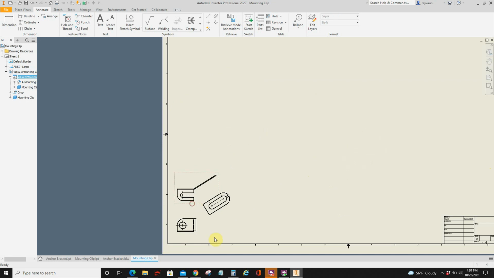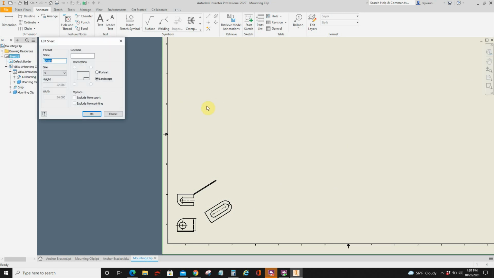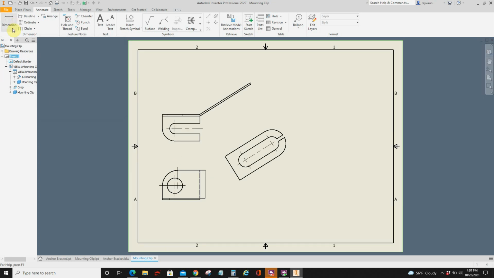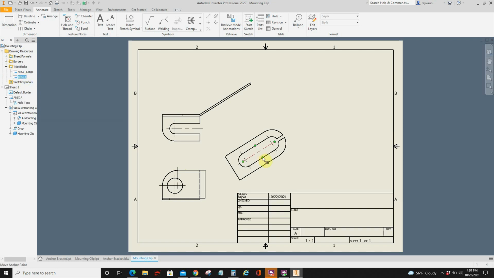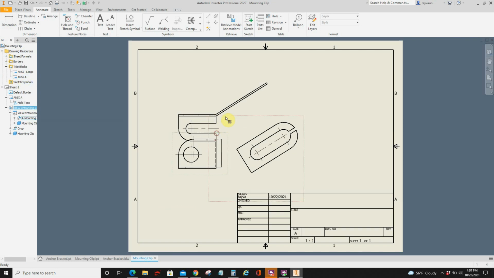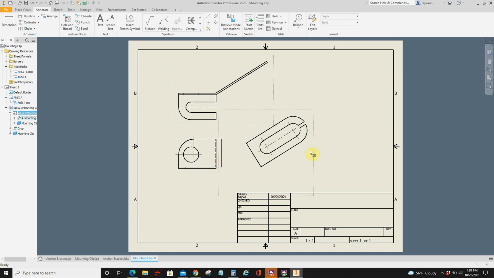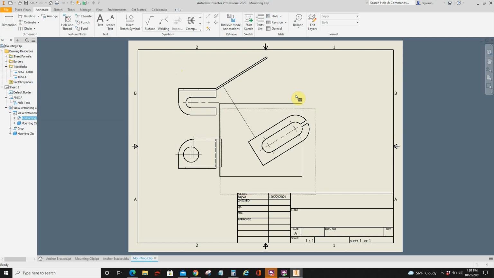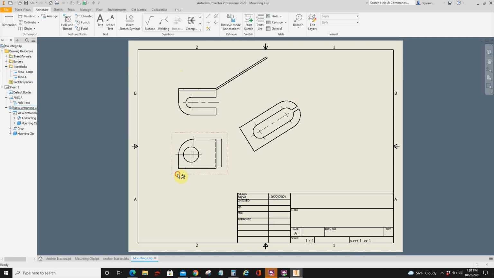This is a small object. I'm sure it'll fit on an A-size sheet. Let's get rid of that big title block. Delete that. Change our sheet size to an A. Put the new title block in there. It's a regular ANSI-A. We can move this up, everything kind of up and over, and we can sneak in